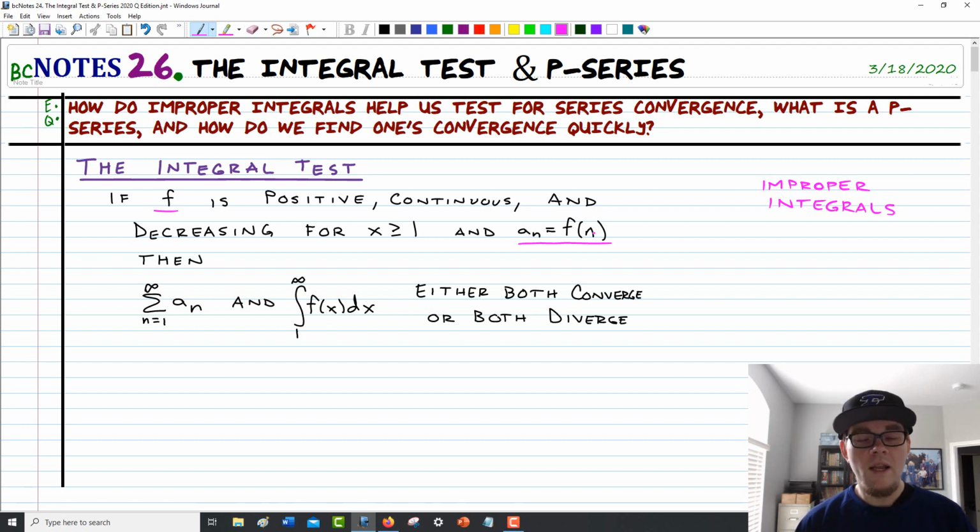It seems a little strange, but it's basically like there's some sort of pairing that's going to happen here. If the improper integral diverges, then the series diverges. If the integral or the improper integral converges, then so will the series. So basically we can use the integral in place of the